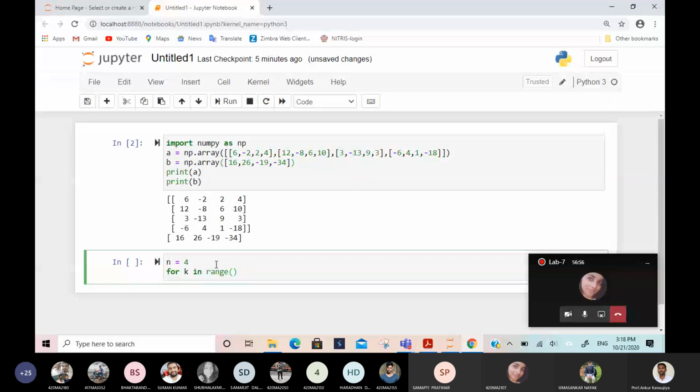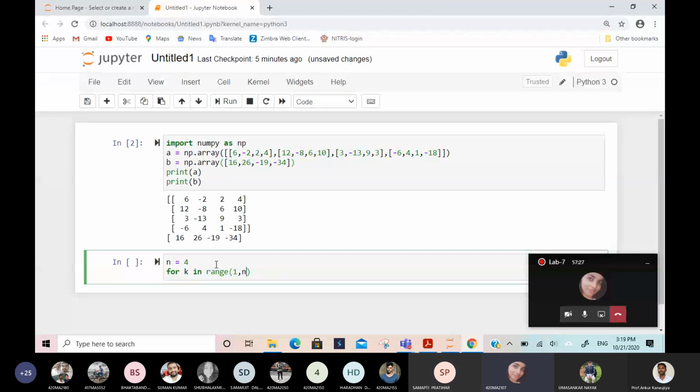Tell me what to write in the range. 1 comma n. It will automatically take the increment plus 1 and go up to n minus 1, but the problem here is